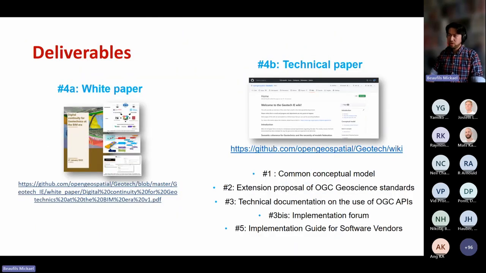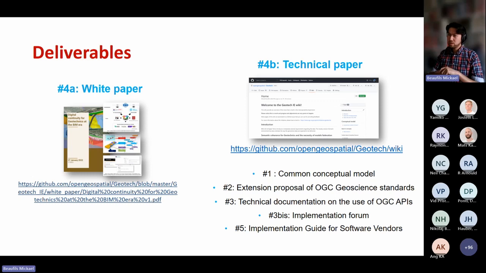So the results of this Geotech IE are available. They are mostly divided into two documents. There is a white paper that provides a very simple overview of what we tried to do, and its philosophy.